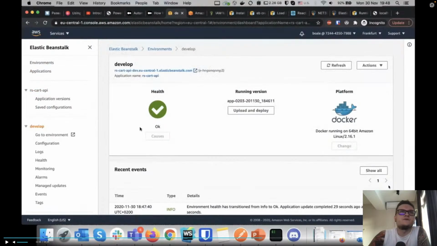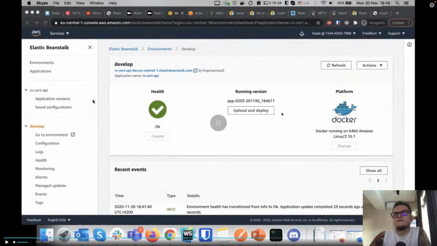Here inside the environment you can see logs. It also told us that we're using Docker to host our application in the cloud. Also here you can manage your environment variables, read logs and everything else.